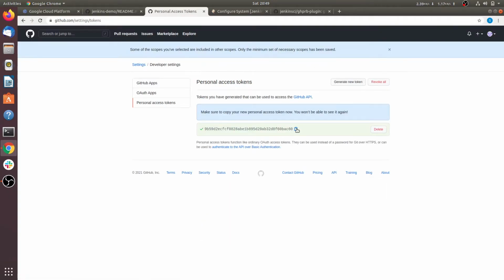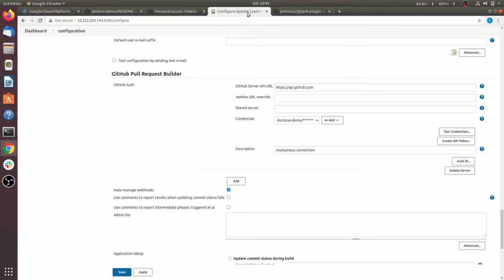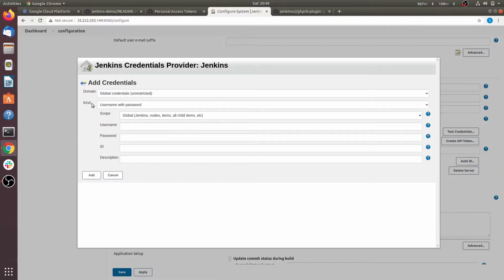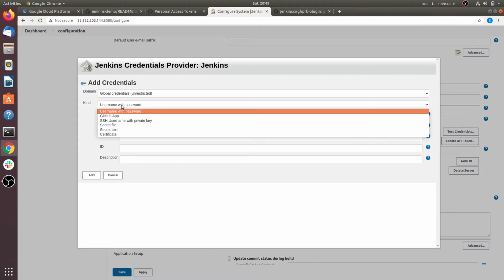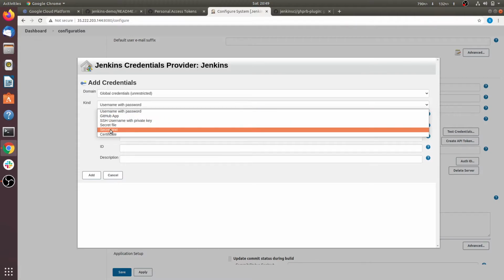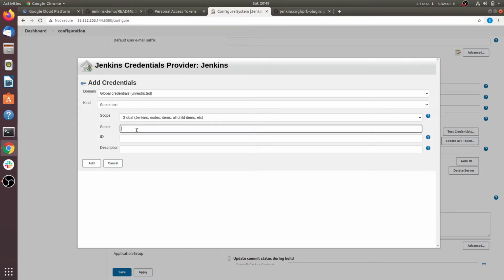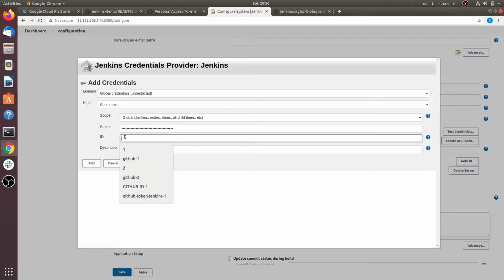Copy this token and go back to your configuration system and paste here. You have to add another secret text in the kind. Select secret text here. In the secret text field, provide the personal access token of GitHub and give the ID.